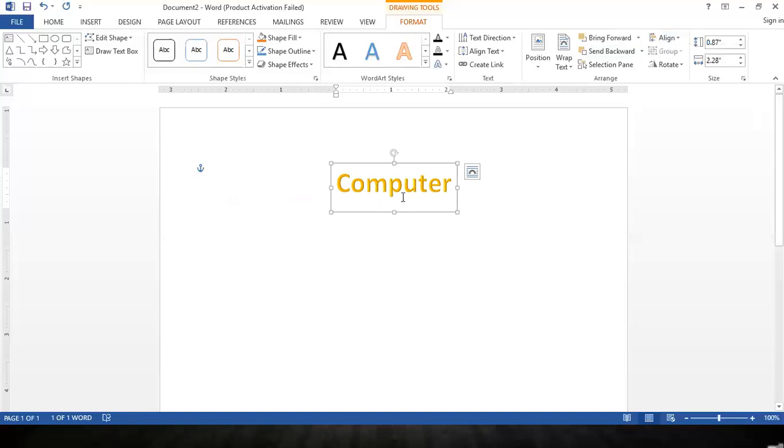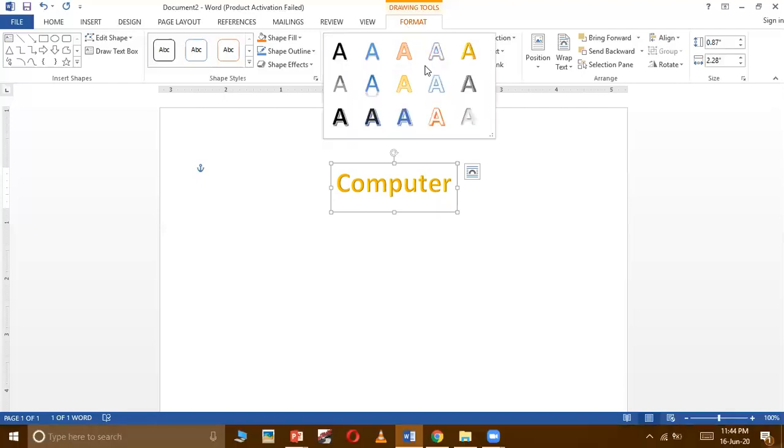Now suppose you want to change this WordArt. Again in the same way, after selecting the WordArt, come to the Format tab. In the Format tab, you can see there are different WordArt styles available. Just click on the down arrow. If you want some other WordArt style for that same text, you can select it from the drop down menu provided, and the design of the WordArt will change.